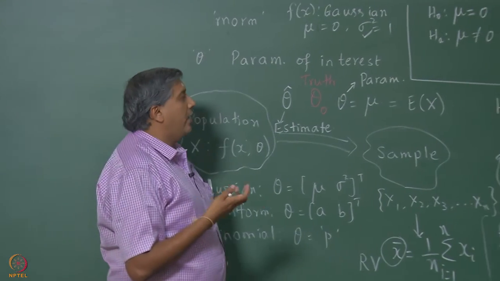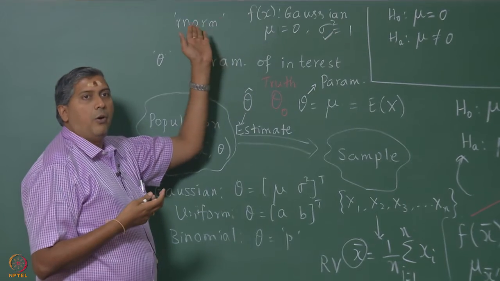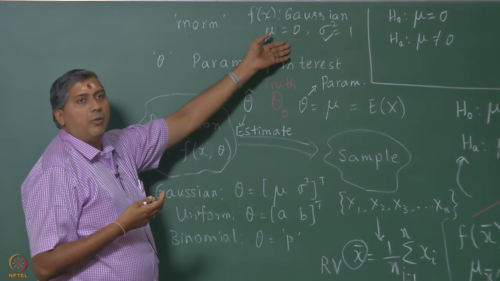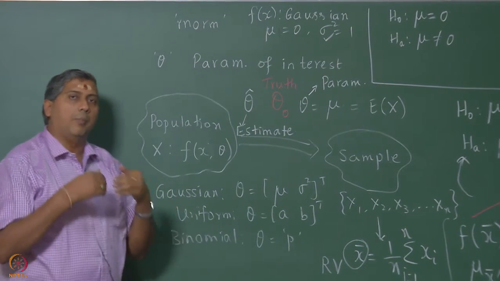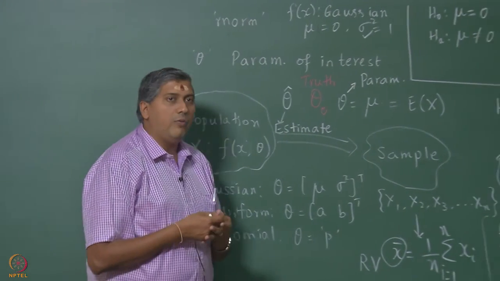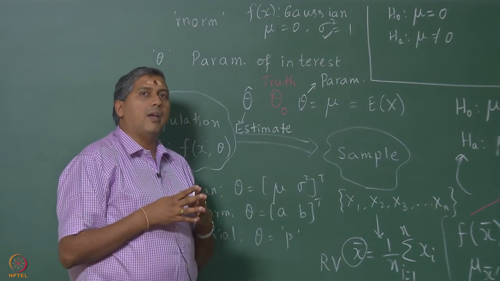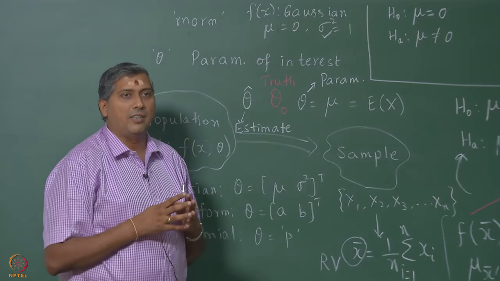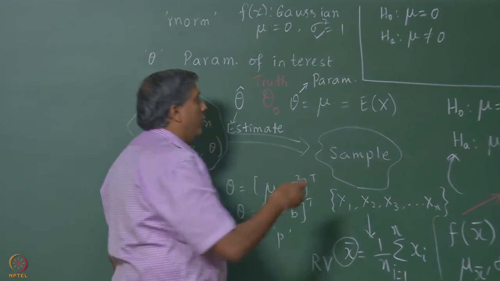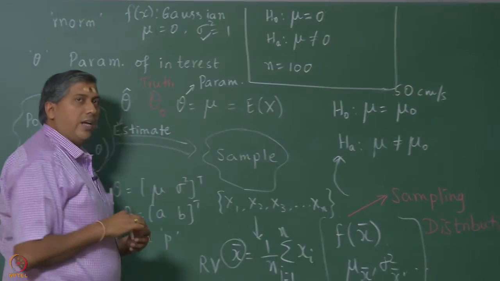Now, the only way I can test is to sample, because the actual possible numbers that you can get from this Gaussian population for all practical purposes is very, very large, you can think of it as infinite. So, to test this claim, we are going to randomly sample 100 observations from this Gaussian population, and see if I can claim this.